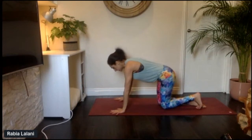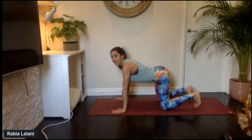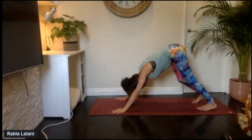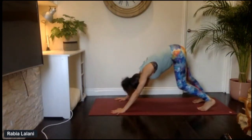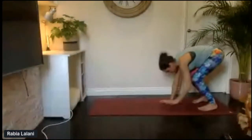Let's come into our first downward facing dog. Split the knees, tuck the toes, drop the belly, lift the heart. Exhale, hips high, head low, downward facing dog. Lovely. So just pedaling the feet out in downward facing dog, so-called walk the dog, if that feels good for you. And then without further ado, we're going to put a generous bend in the knees, lifting the heels off the ground,